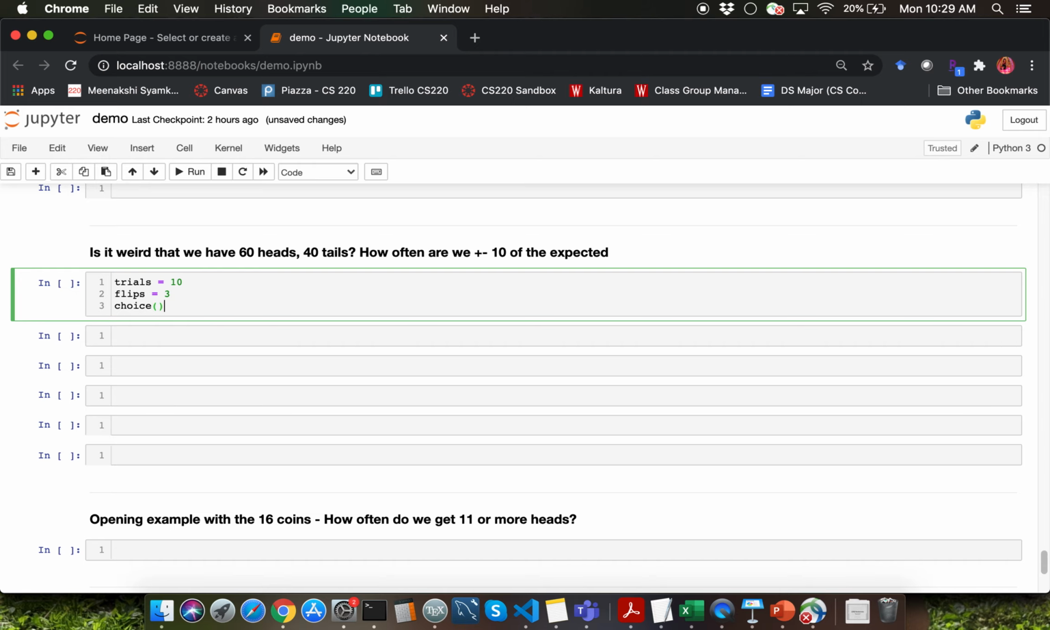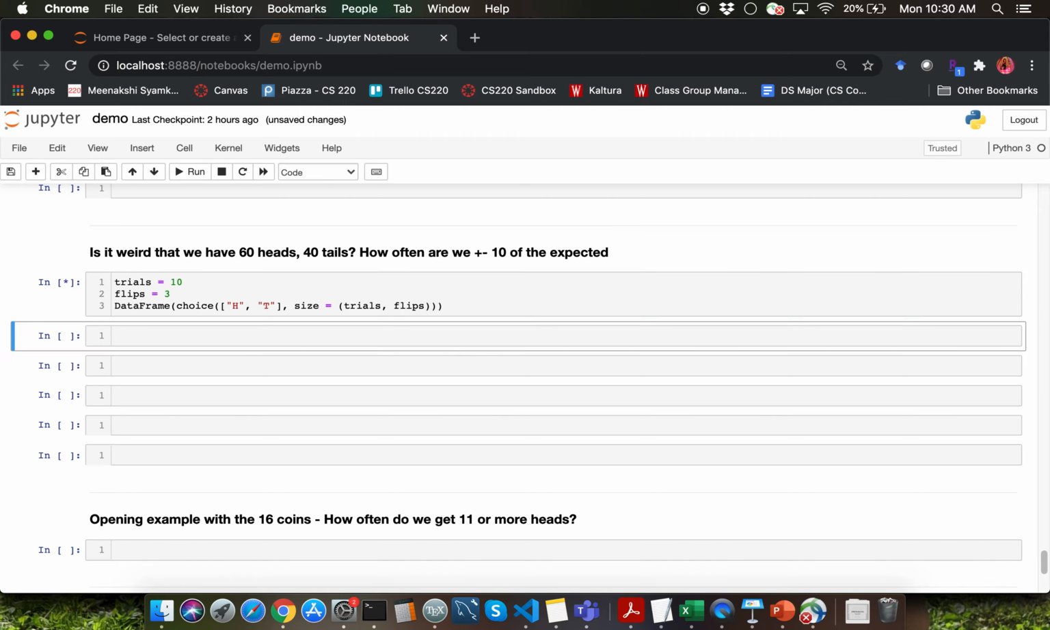What I'm going to do is I'm going to call the choice function to choose between heads and tails. So I have two items H and T, and I want to be able to select a matrix of choices. Each row is going to represent a trial. So I'm going to define the size argument here. My first item is going to be trials to represent the rows, and the number of columns is going to be the number of flips. And I'm going to convert this into a data frame over here,